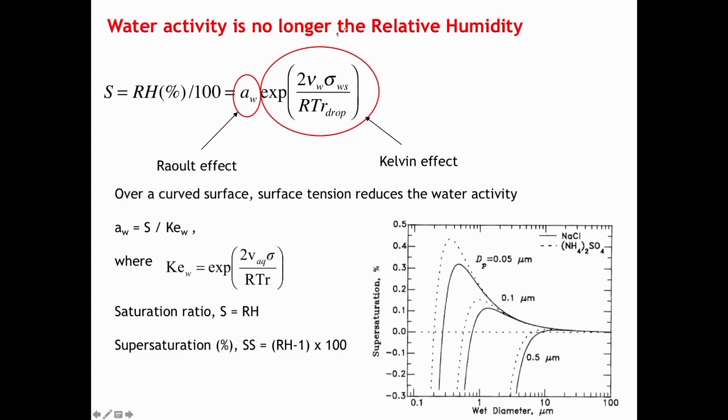So the water activity is no longer the relative humidity. The saturation ratio, which is the relative humidity divided by 100, is the water activity times the Kelvin term. Have you seen these Kohler curves before? Have you all seen Kohler curves? The Kohler curve is the sum, or the product, complicated, is the manifestation of both of these terms acting in